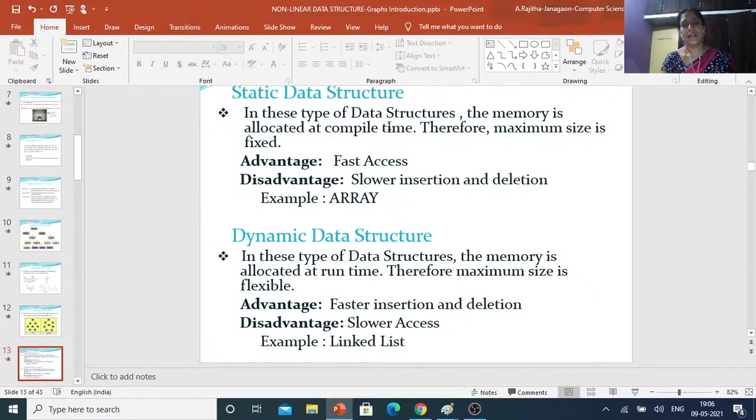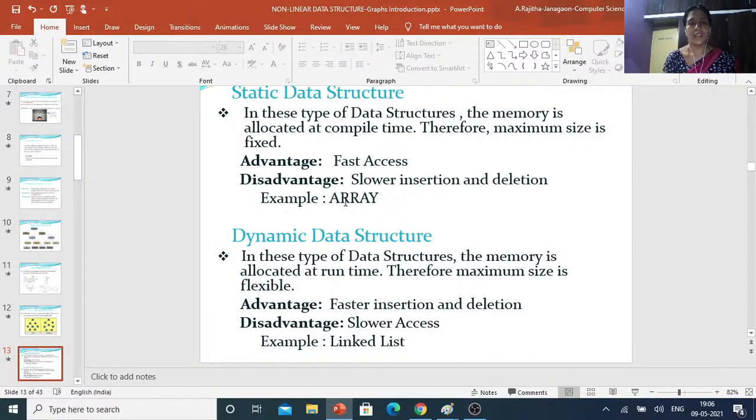For example, you can take arrays. Whenever you are using arrays in a program, while creating the array you have to specify how many elements are required, that is, the maximum number of elements.